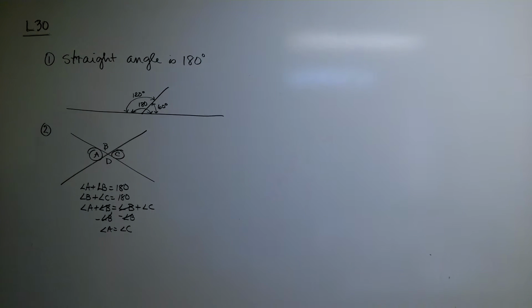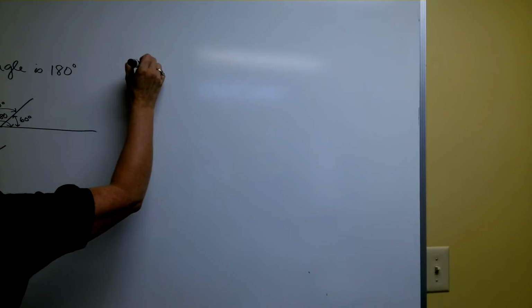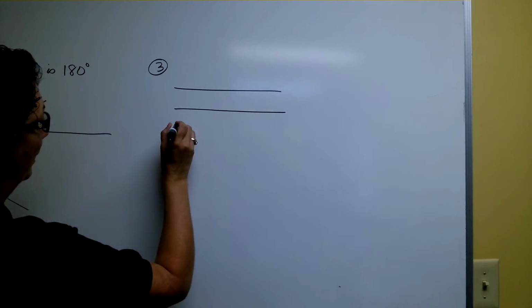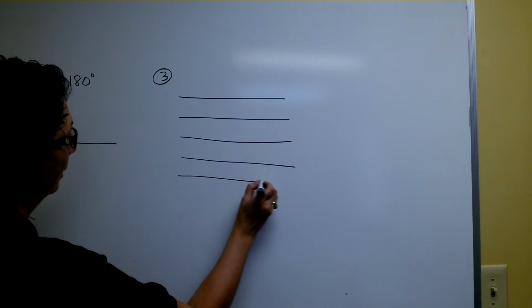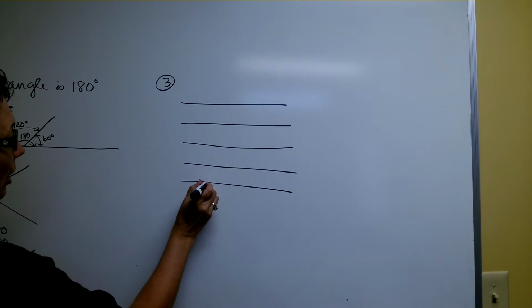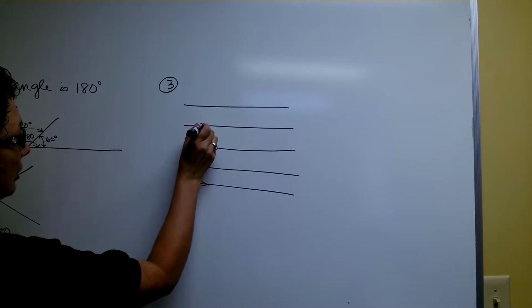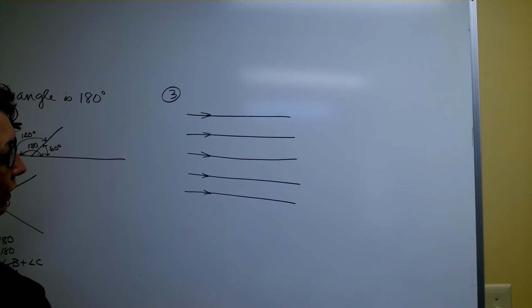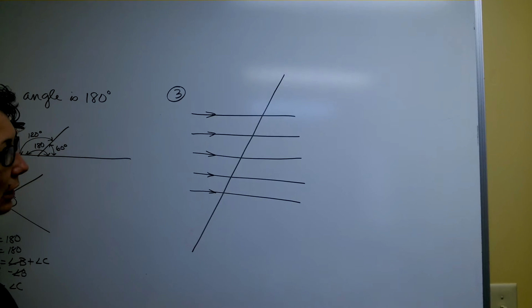All right, the third one is, remember our parallel lines, and we talked about this just the other day. No matter how many parallel lines I have, and I know these are all parallel when I put this little tick mark on it, that says they're all parallel. So I have as many parallel lines as I want. If I have a transversal that cuts those parallel lines,